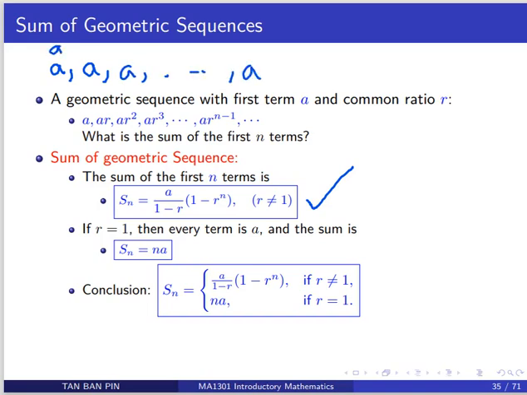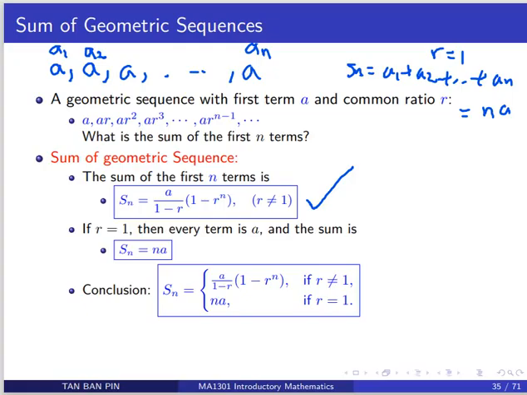If you add a1 to an, Sn means you add a1, a2 to an. So it is just n times a. You add a n times. So Sn is na.